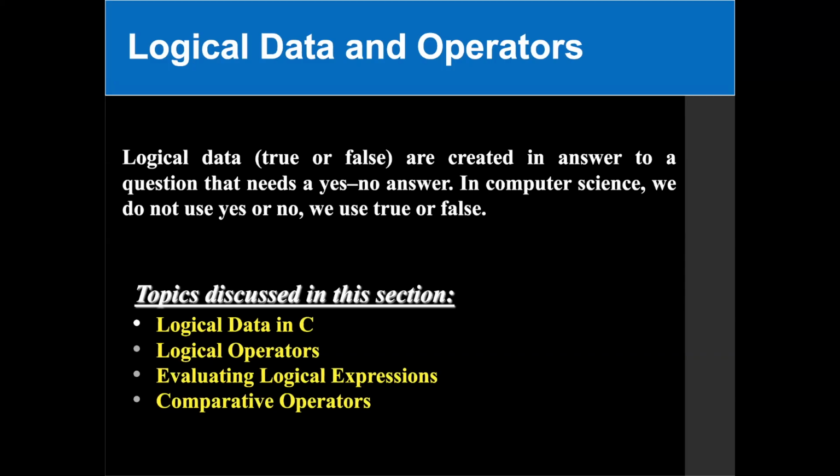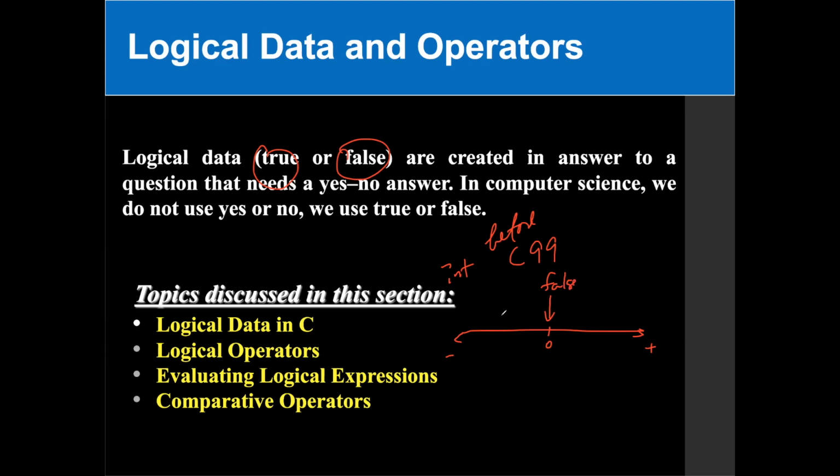In this video clip, let's talk about logical data, which is true or false. In the past, before C99, which is the standard set forth in 1999, C programmers used other data types, such as integer, to represent logical data. What does that mean? Well, if you look at this entire integer plane, this goes into the negative, this is positive, and there's 0 in the middle. So what happens is if you use the integer to represent logical data,